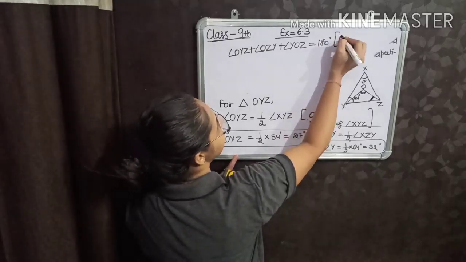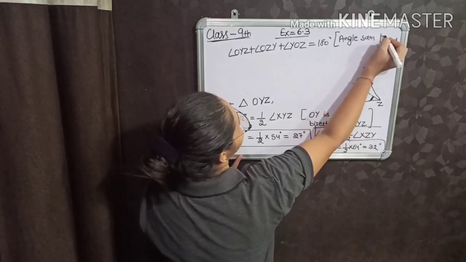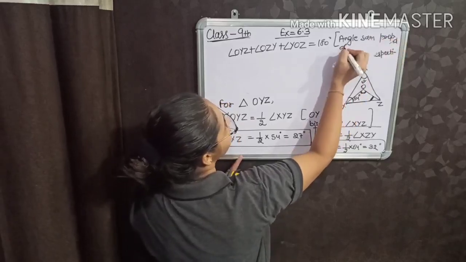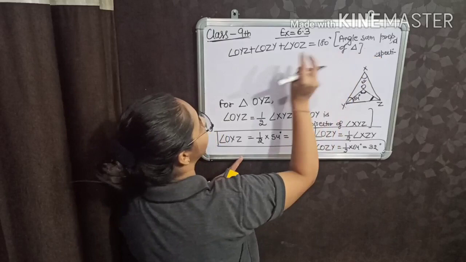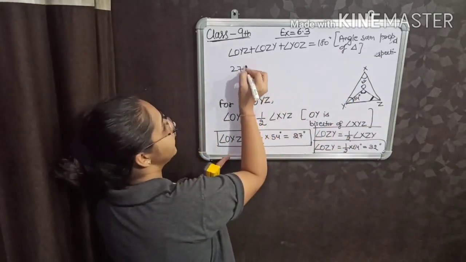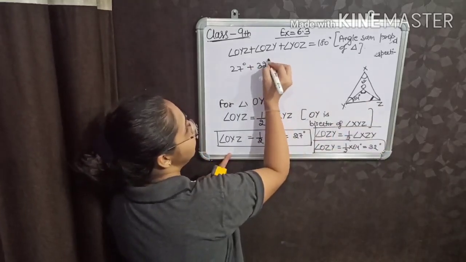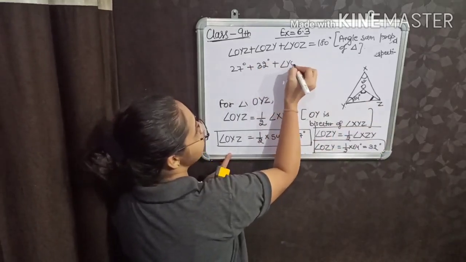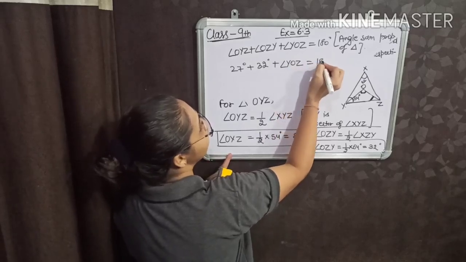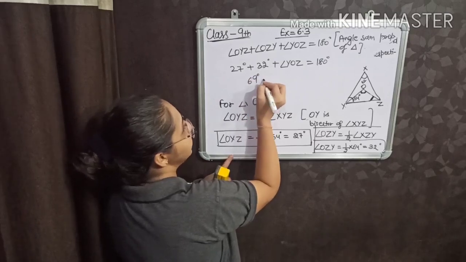Because reason is angle sum property of triangle. Okay. Now angle OYZ, this is 27 degree plus this angle is 32 degree plus angle YOZ is equal to 180 degree. So it will give you 59